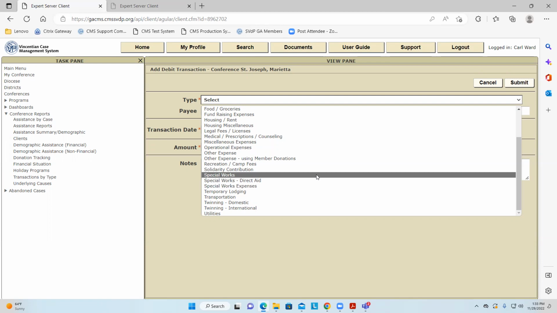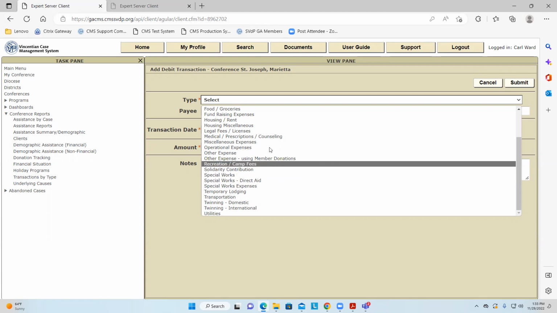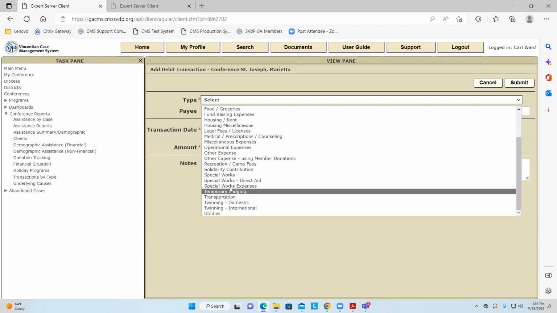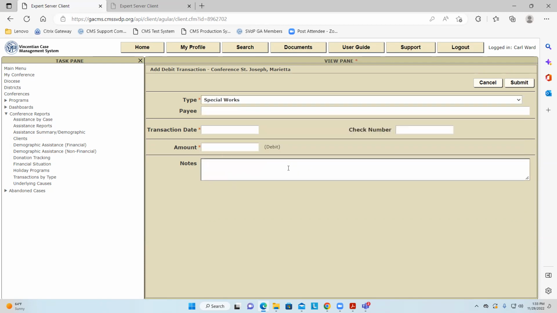So tag it, special work. Tag it. The only challenge there is that you have no way of tying it to how many people you helped. Like if I did a special works and I did an ad hoc soup kitchen, we served 100 people, but again, it would not be in there. You put it in notes. Yeah. Now, again, it was a good question. I'm struggling to figure out where notes actually appears after the entry. Other than, excuse me, Jeff, the reason why notes is important, especially on voids, is because auditors want to know why.